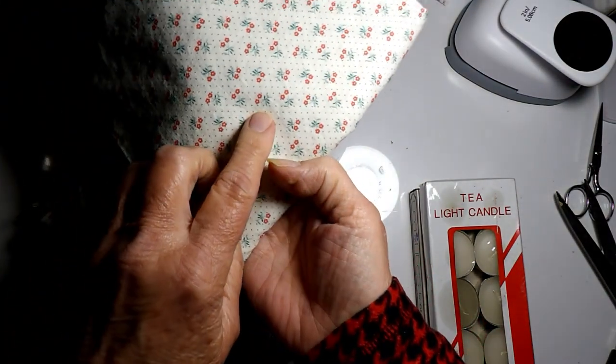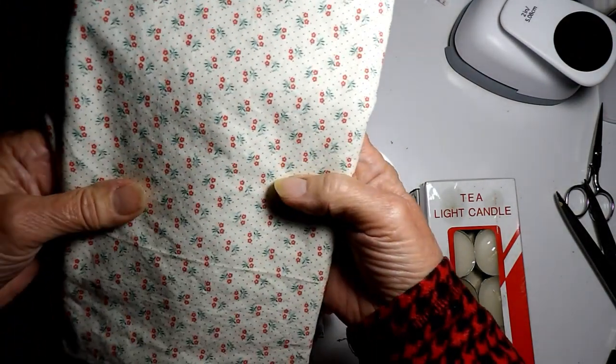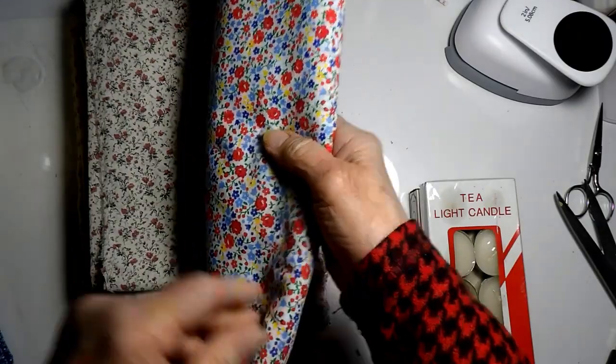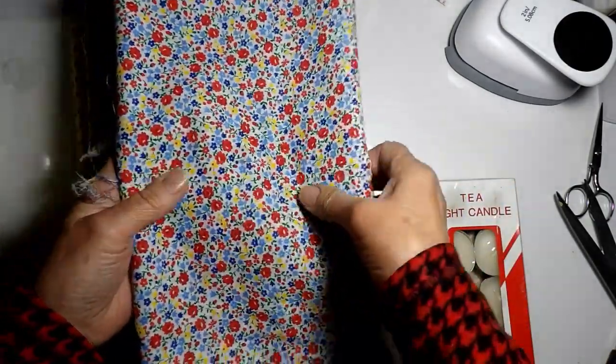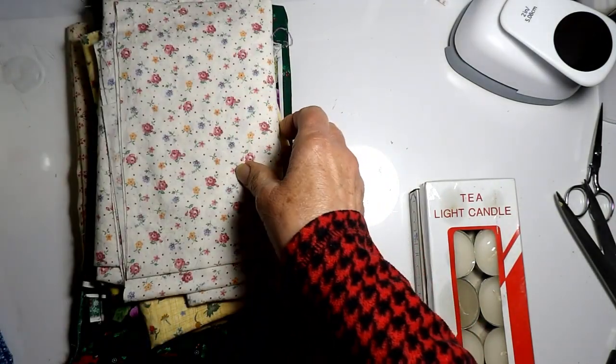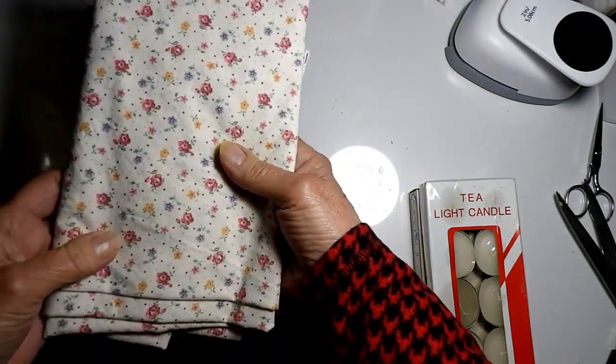And these are just little tiny red flowers. I don't know if you can see. Another autumny kind of colored one. I thought this would make a really cute summer journal cover. And as you can see, I like all the pastel-y